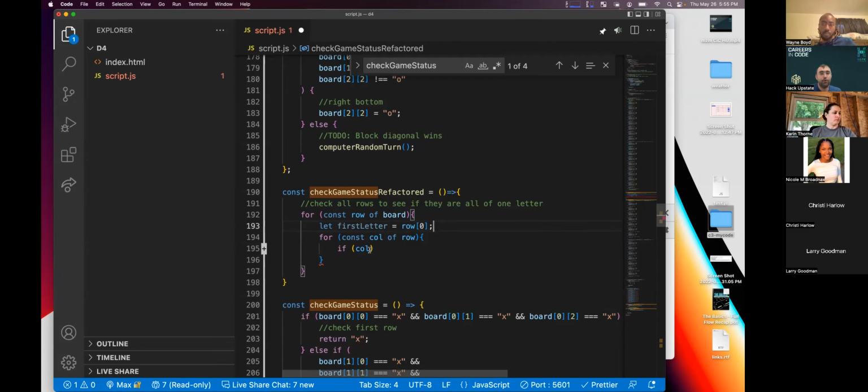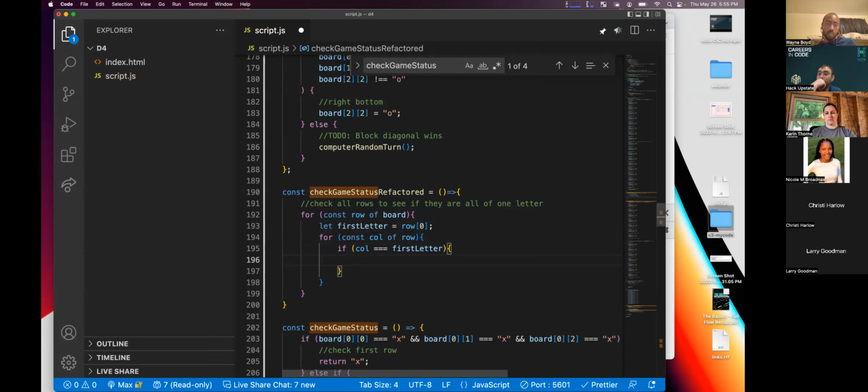And then as we go through it, if the column equals the first letter, if it doesn't equal it, then they're not all the same. So we can skip out, break. Give me a couple minutes to play around with this.